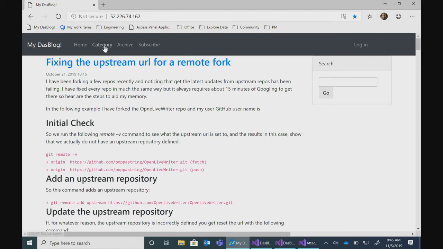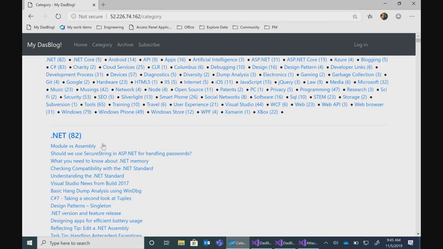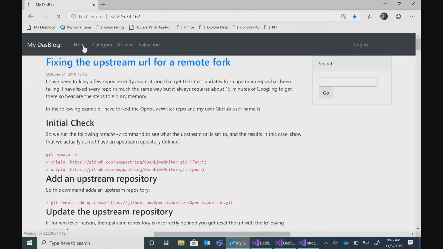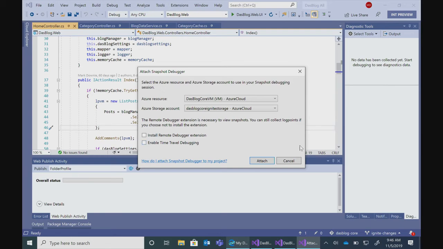And what I found, if I go to the category menu, I've blogged 82 times about .NET, okay? But if I go and select that, it looks like I get no data whatsoever about .NET. That's obviously a bug, some bug I've missed. So what I'm going to do is attach to the Azure cloud, and I'm going to select some Azure storage